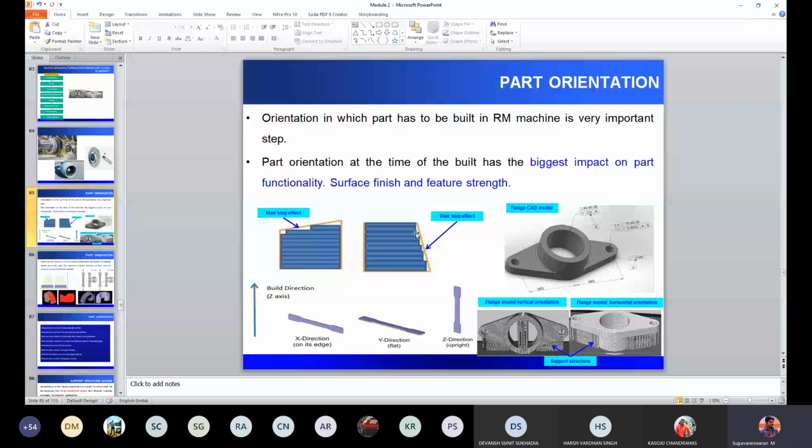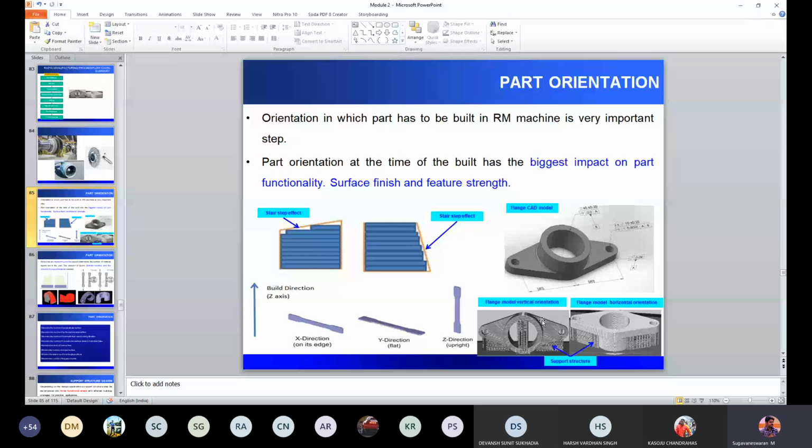You should also look into the finish, because if you print in this orientation, this surface will have a better finish. When you print in this orientation, though the material consumption is less, this surface may not be as good as this surface because it is oriented in an inclined way, and the inclination results in staircase effect. As we all know, when you print an inclined or non-linear geometry in the z-axis, if you print in xy, there is no issue because in xy the contour is taken in a single layer. But in z, if you are varying layer by layer, the staircase effect will be a major one. So apart from the cost and material consumption, you should also take into consideration the surface finish.